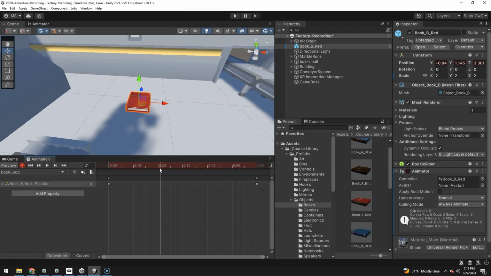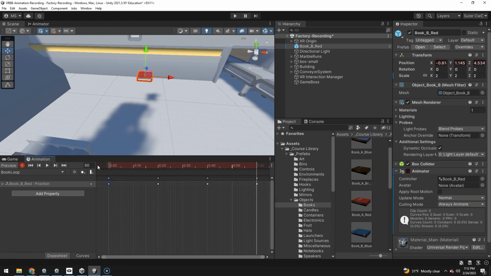So let's say at the 20 frame mark, we want it to be about right. Yay. And at the 40, I'm going to delete this one for now. At the 40, we want it to be about here. And then at the 60, we want it to be over this way, and then